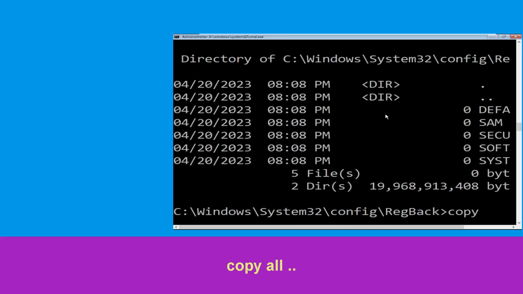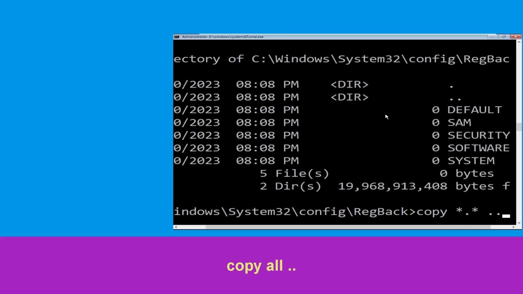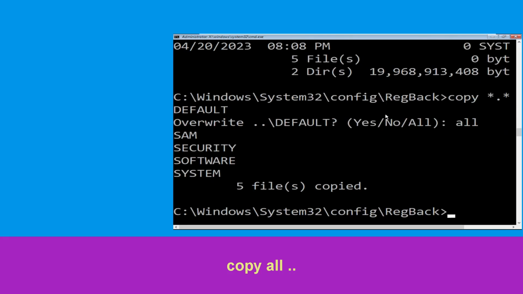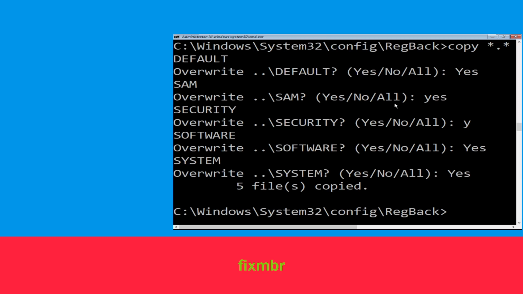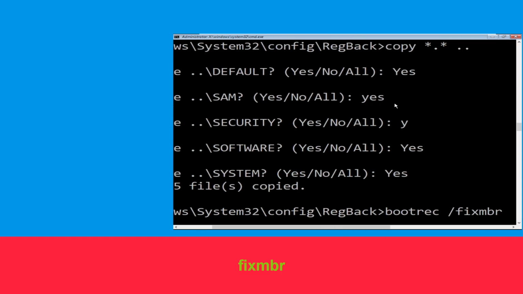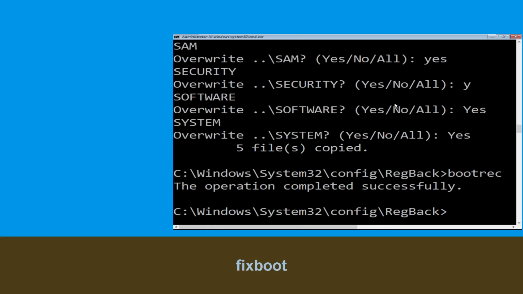Now execute this command. Type in copy ** ... and then hit enter. After that, type all and again hit enter to execute the command. Now type bootrec /fixmbr and simply hit enter. Now type in bootrec